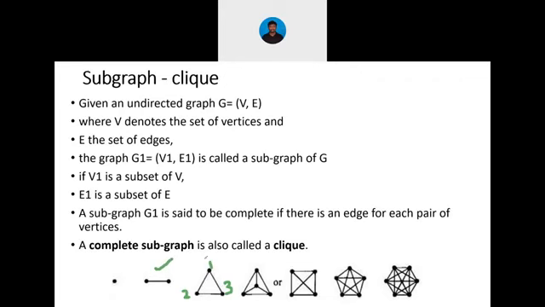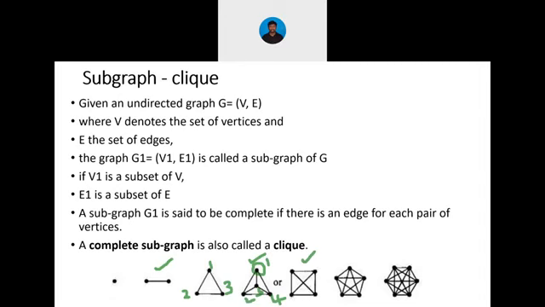Hence, if all the edges for each pair of the vertices are communicating with each other, then that is called a complete graph. Consider this fourth picture, right? Each and every vertex or node is communicating with every other vertex present in this network. So this first node is communicating with the second node, third node, and also the fourth. Similarly for each and every node, right? And in this picture, this node is communicating with all other nodes, right?